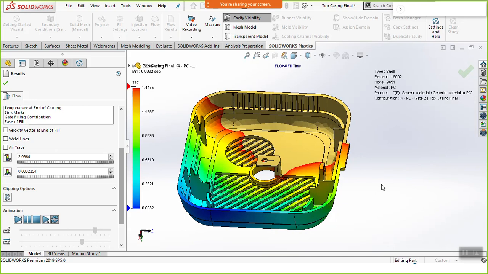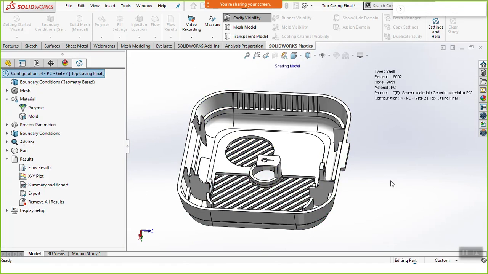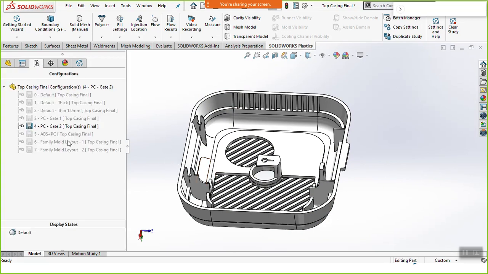Previously, what used to happen in the injection industry is that they had to create this part, take the part from the injection machine, and then check whether there are any defects or not, which used to be very huge in terms of cost and time consuming. But with this software you can get answers to the various questions beforehand. Also you can change the material and see which is the best suited material for such analysis. What if I'm using PC, what if I'm using ABS material.